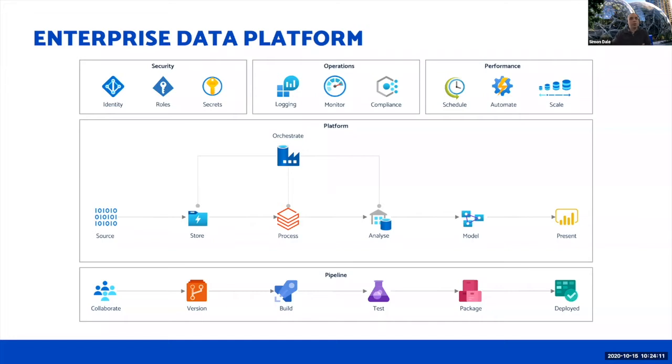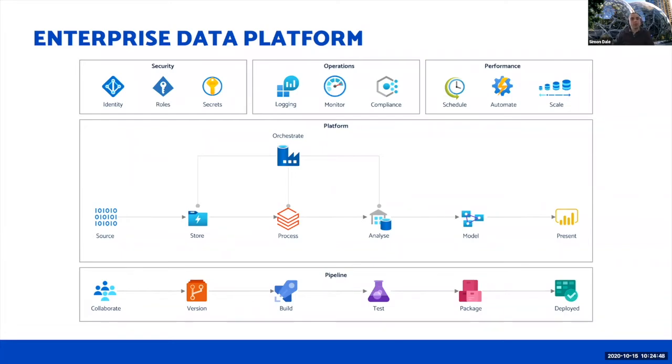And once the data is stored, we need to look at how we orchestrate various different parts of processing and landing that data into a service that can be used for analytics. So here we're showing Databricks as an example of that, and also moving into a data warehouse. After that, we want to build a dimensional model, or maybe some data science models that we can serve to users, and then we have presentation. So this is actually showing analysis services representing a dimensional model and Power BI, allowing users to then consume that model and look for insights.